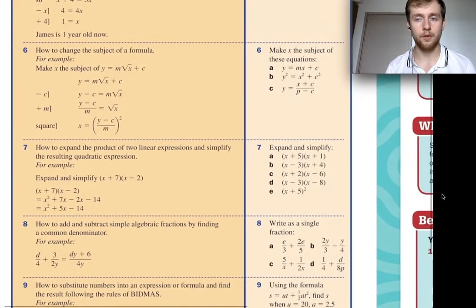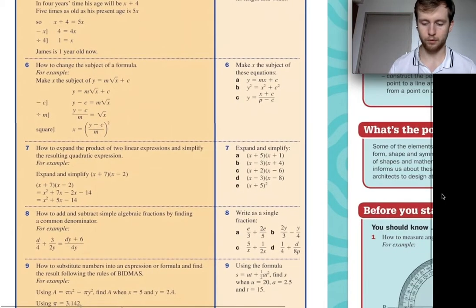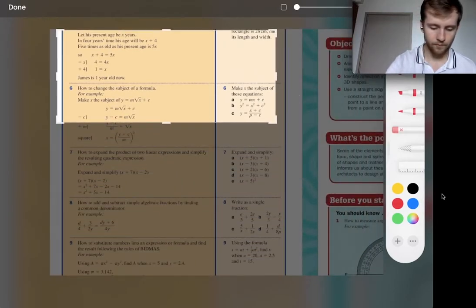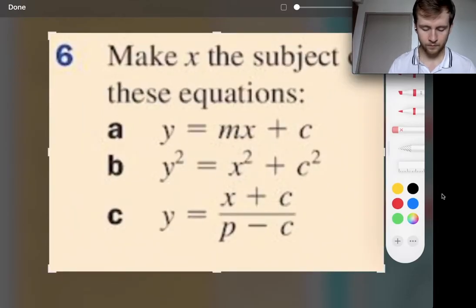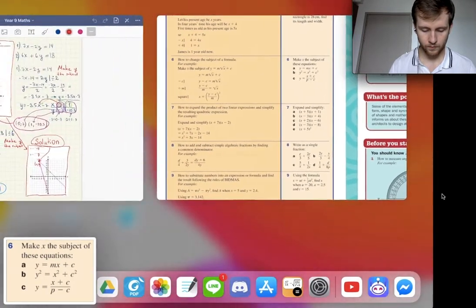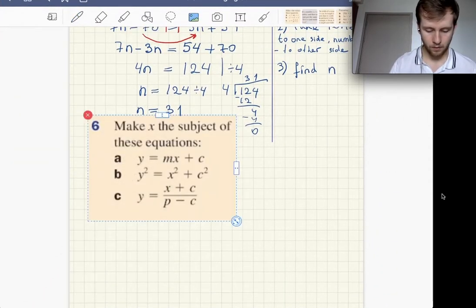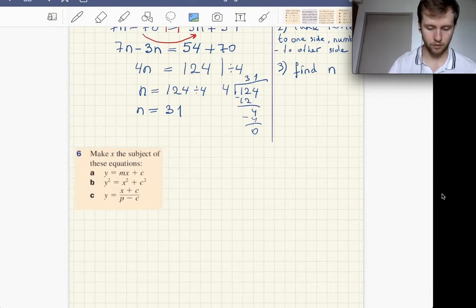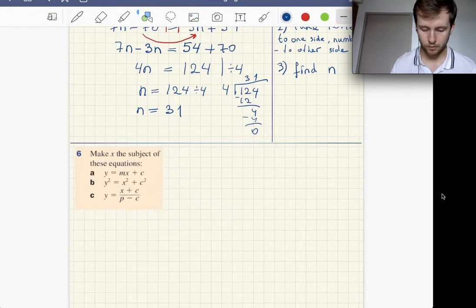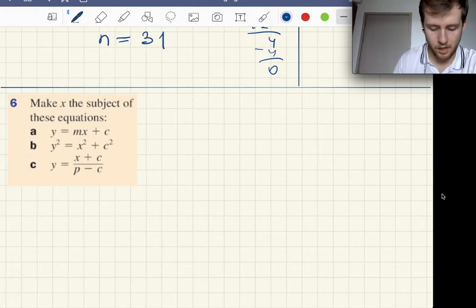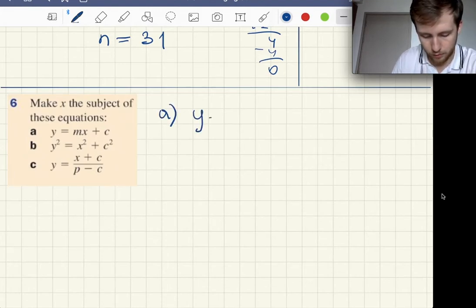Okay, next one, we have a formula. We should be able to change the subject of the formula. Okay, I'll try to show you how it works. Make x the subject of these equations. Okay, let me separate it from here. What do we have? We have a. In a we have y equals mx